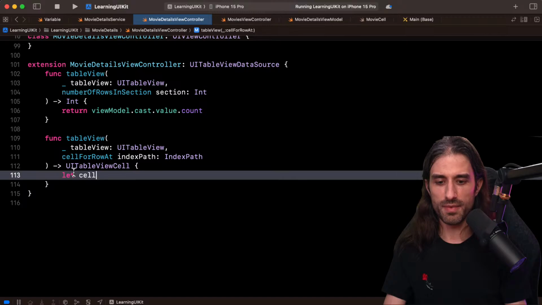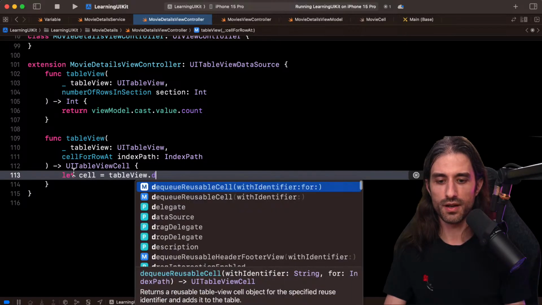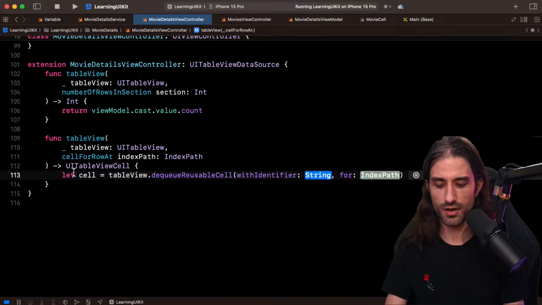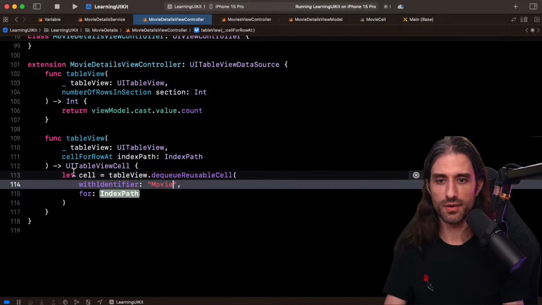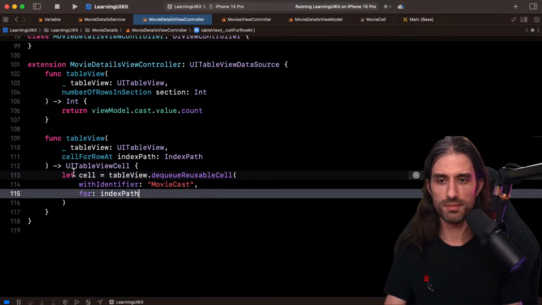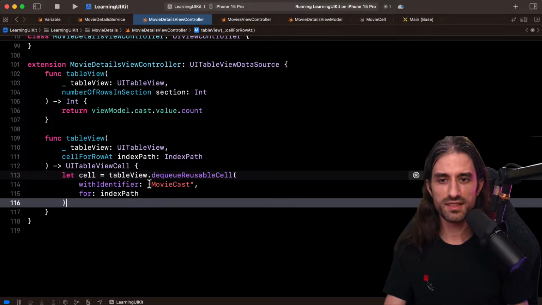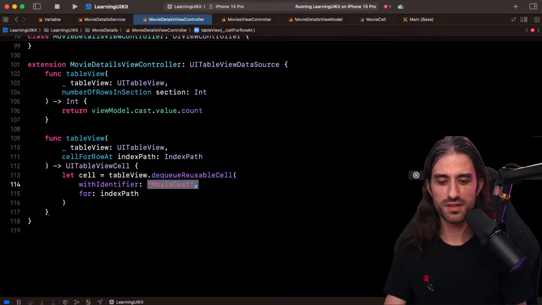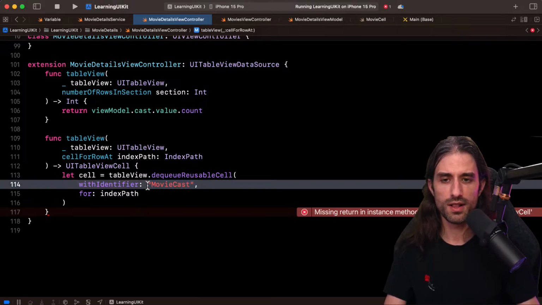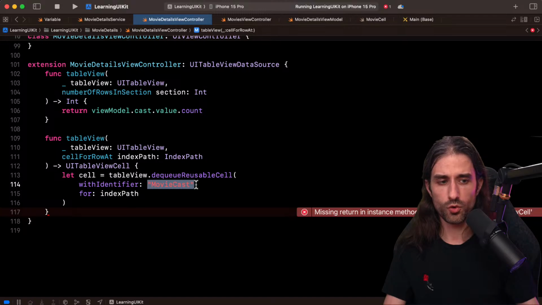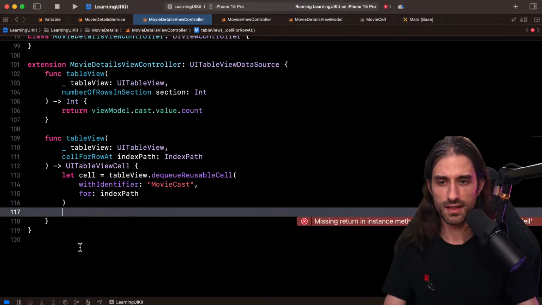So I need to have my cell. I'm going to get my cell by doing table view dequeue reusable cell for index path. Here my ID will be movie cast, and the index path is just the one I'm given as an argument. I haven't set it anywhere. I'll try and see where to set it so that views are being reused, because right now it might create a new cell each time.